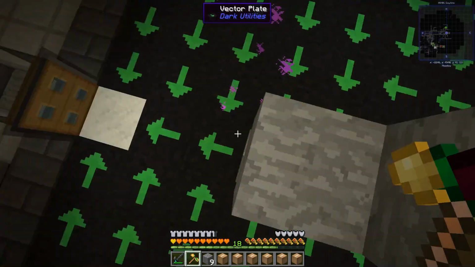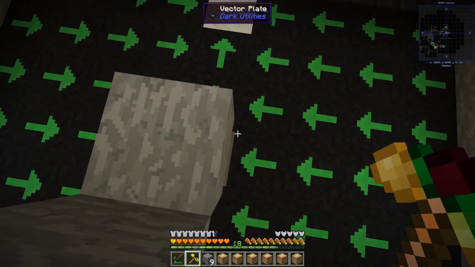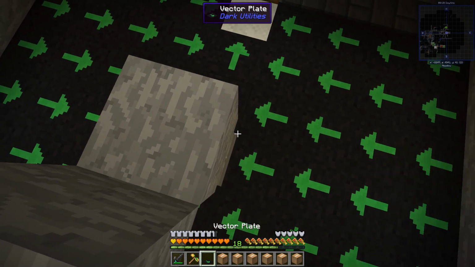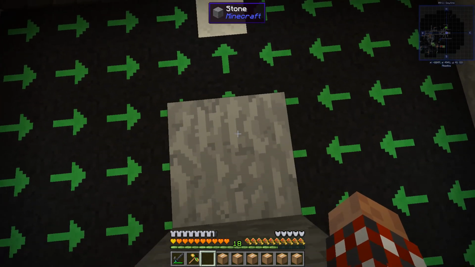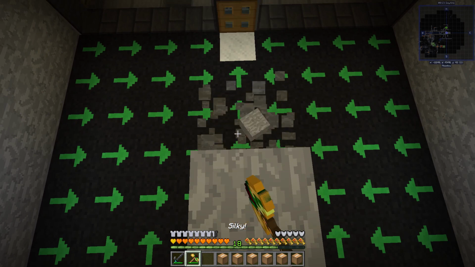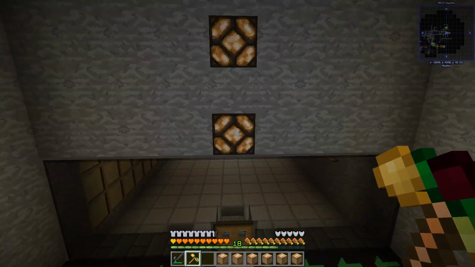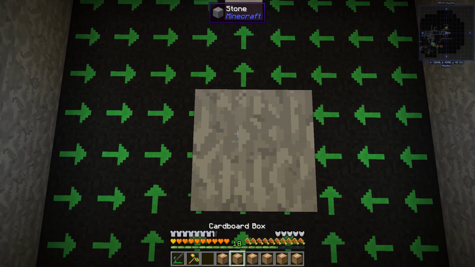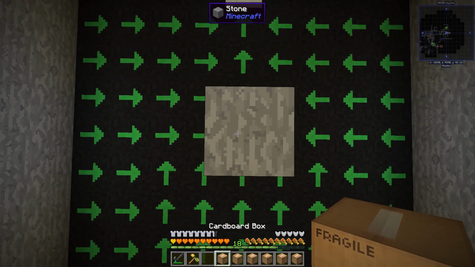And now I can put the vector plate back in place. I want to be able to home out of here as soon as I can. Alley-oop. Yep, we're still good. All right. Ready? Ready? Let's do this. The light level should be such that...